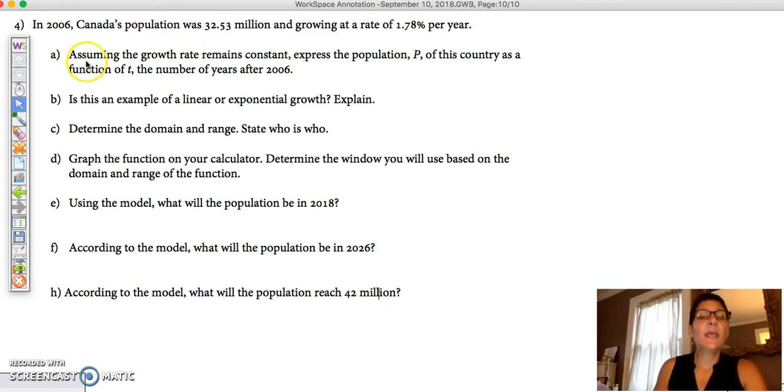Now, if I give you something, the first thing you should realize, and I should have asked you this first, is this a linear or exponential growth? And you guys are all becoming very good at recognizing that this, in fact, is exponential growth because you have a percentage of increase. So what this is saying is that if you start off with 32.53 million and you're growing at a rate of 1.78% per year,